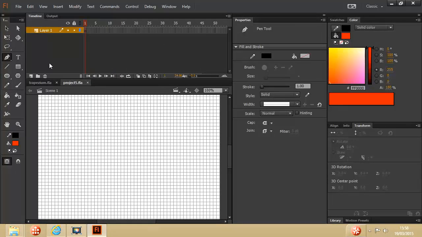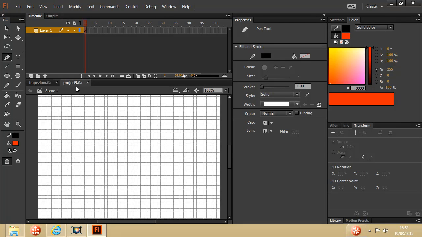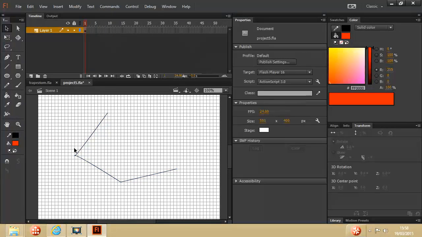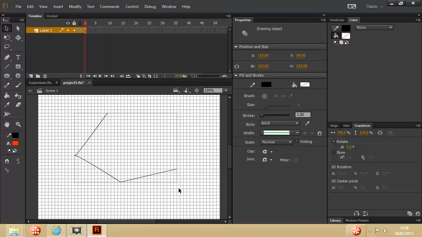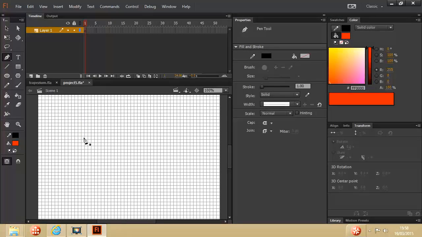So it might be nice if I could set up the fill color. At the moment I want a red to a black linear gradient. So it would be nice if I could go into the pen tool fill, but I can't. The reason for that is that I create an open shape like that one, which you can't apply a fill to. So it just doesn't let you set a fill initially. It will only let you set a fill afterwards if you create a closed shape, which is what I'm going